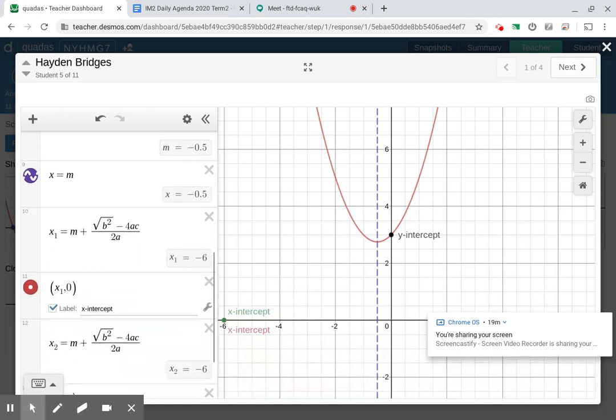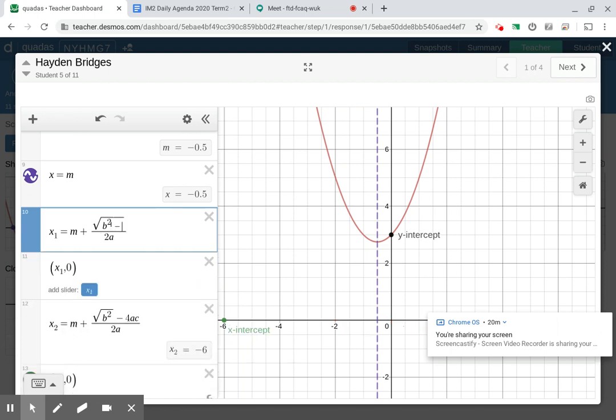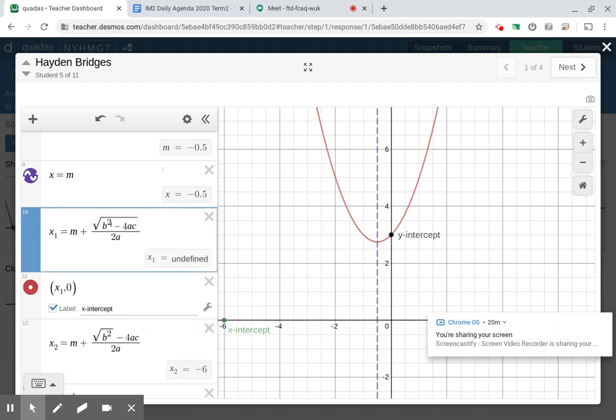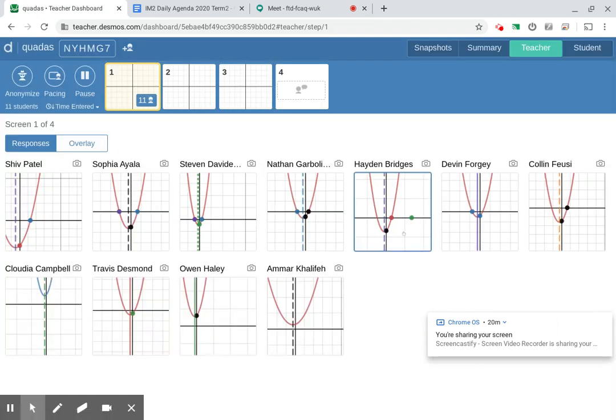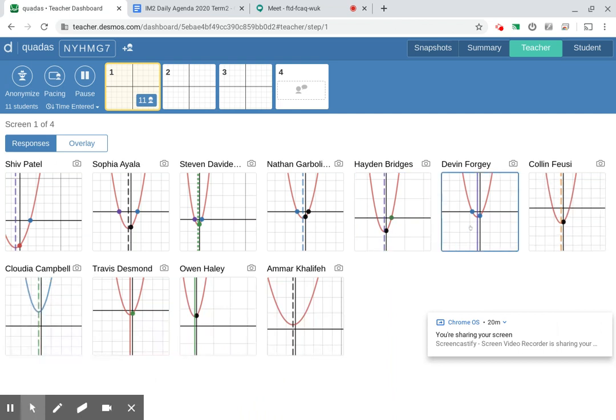On your formula, the square root symbol has to include the minus 4ac. So you need to erase the minus 4ac, and then get right next to the b squared and put minus 4ac. So it has to be all inside the little house, the little square root symbol, for both of those, and then you'll see. Okay. All right. Yep. There you go. All right, Devin. Go ahead and make your axis of symmetry dashed,